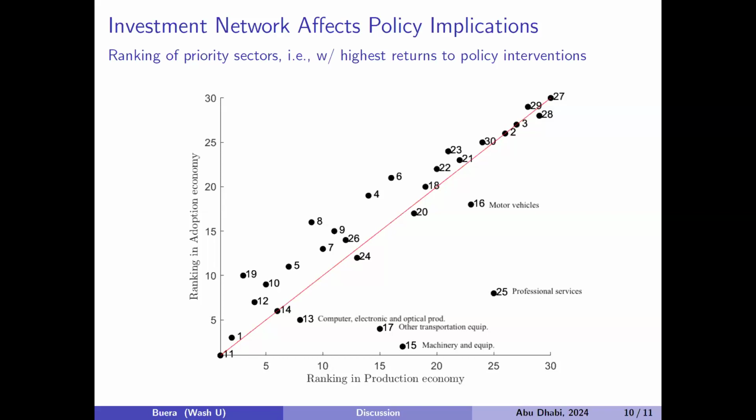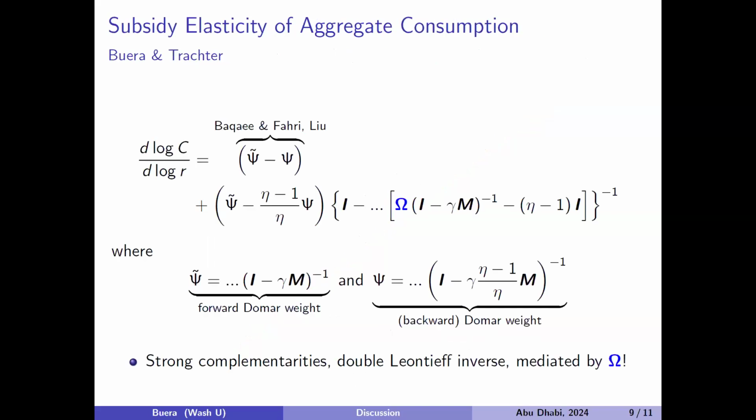Yeah. Did you say what drives the adoption technology that moves those ones down? So think about the x-axis as the ranking based on this term only. The other axis is the ranking when you incorporate this more dynamic, endogenous technology adoption margin. The fact that policy not only improves the static allocation by maybe getting more intermediate use and so forth, but also changes the type of technology that is going to be used, and through that improves the productivity of the sector and the sectors.